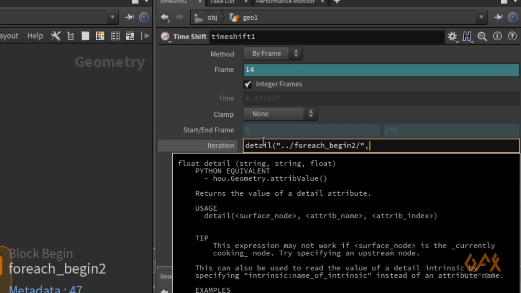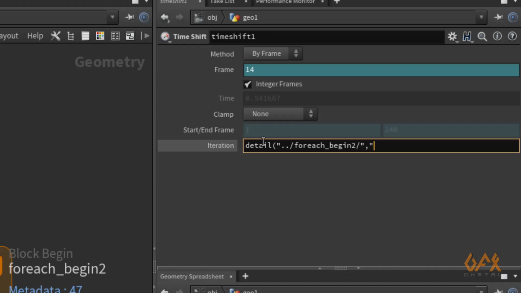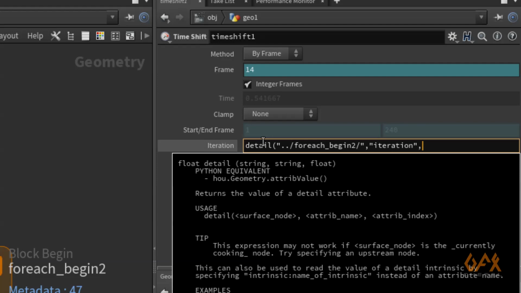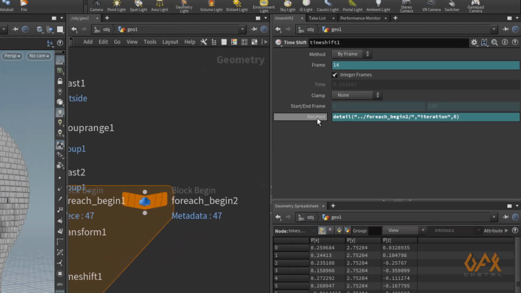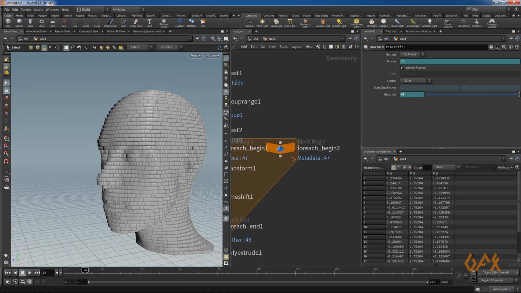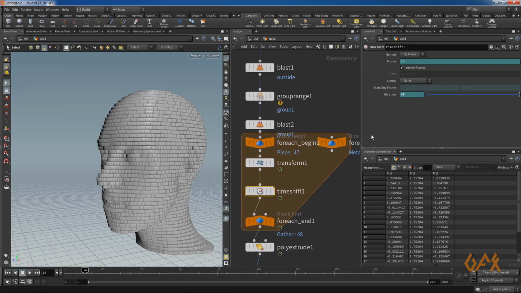Now you need to define that attribute name, so that is iteration, comma, 0, comma, over. So right now this value, each and every time whenever it goes, first it stores one value, 0 value, 1 value, 2 value.